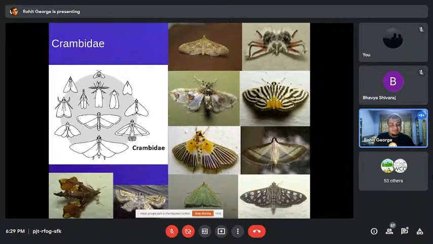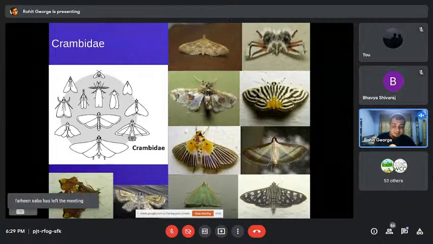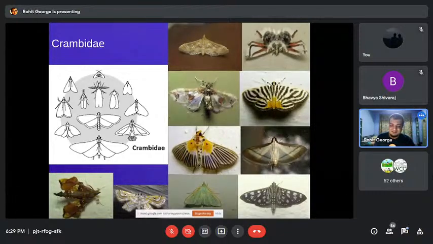And again, like I said, in Lepidoptera, or in insects, you have so many individuals that you always have exceptions. This one also is a crambid, but if you look, it is very different from all the others. Most of them look like the others, but you have some who don't like to follow the rules and will be different from the rest.